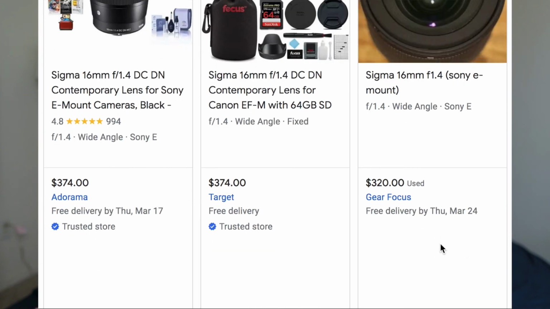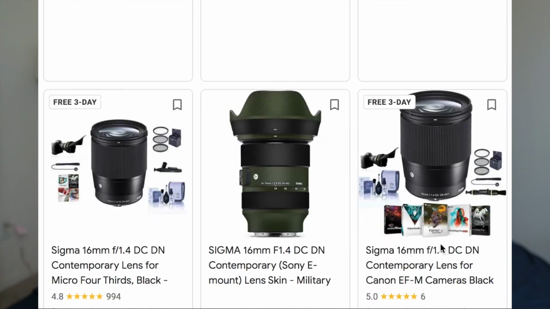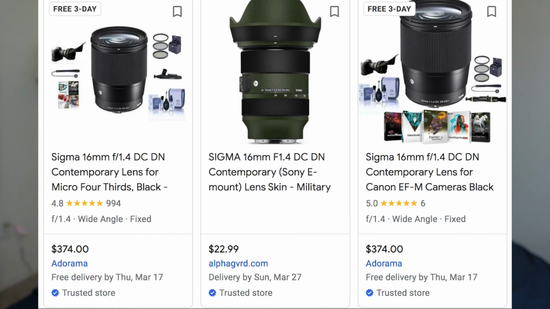So if you are in that position where you're trying to decide between the two lenses, I just want to show you what they look like in different types of lighting and help you make that